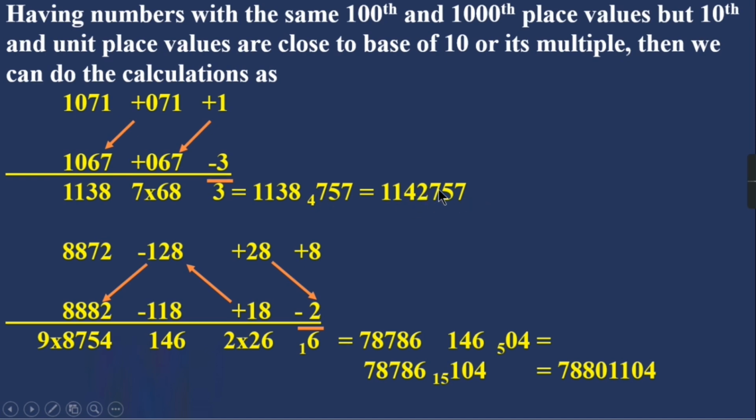So 1142757 is the answer. So here what we have done is we have taken 2 digit numbers, both of which are near a particular base, that is a multiple of 10, that is 70, and such problems can be solved this way, and this becomes quite simpler, but you will have to take pains in understanding this,